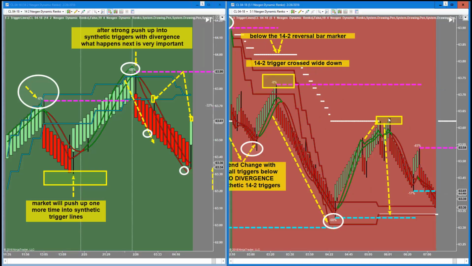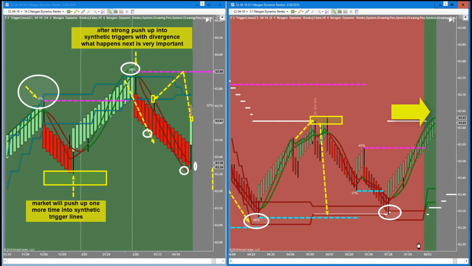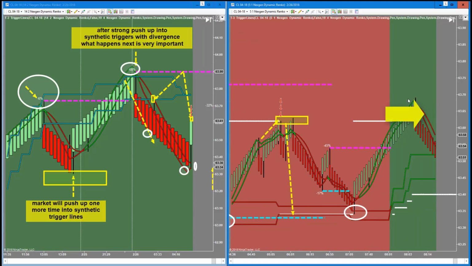And again, if you did do a short trade in this area, what happens once we get back to the synthetic triggers is going to be vitally important. If the market doesn't get through the synthetic triggers and starts to reverse to the upside, many times you'll change the trend. Now, again, as we start to walk forward, you'll see what happens. We get a trend change. And again, in reading our small chart